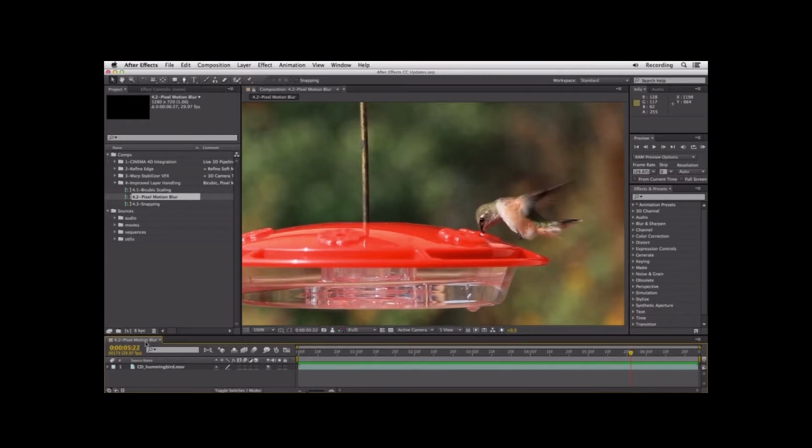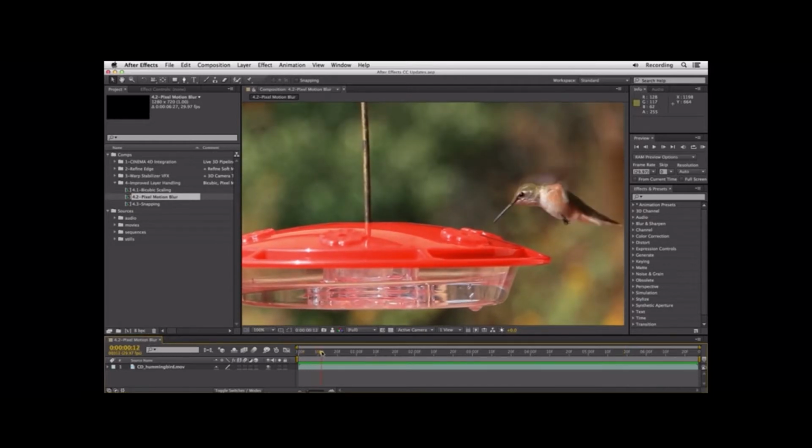And if we were to single frame through this, I'll select the timeline panel and use Page Up and Page Down, you can see the wings do indeed move a fair amount from frame to frame. Sometimes they look still, sometimes they look blurred, and this is what creates a very jarring final image when it's in motion. Well, let's pick a place where the hummingbird's making a particular move, such as right here where it lunges into the feeder. To smooth out this movement, you can now use a brand new effect called Pixel Motion